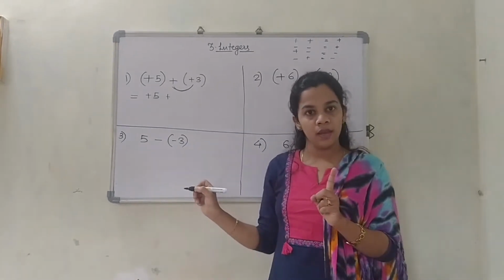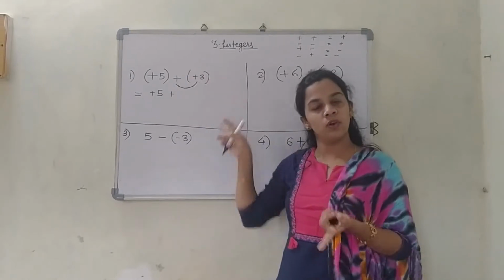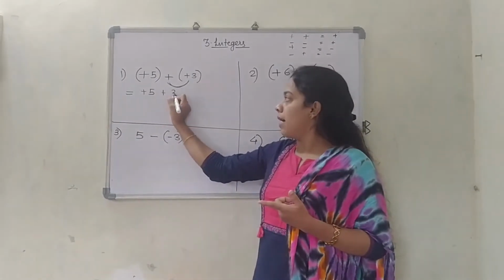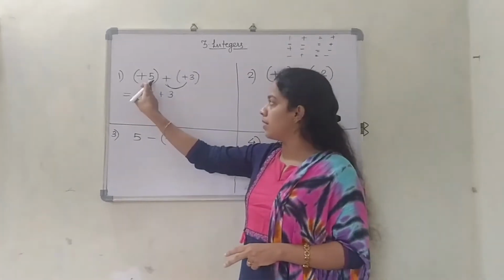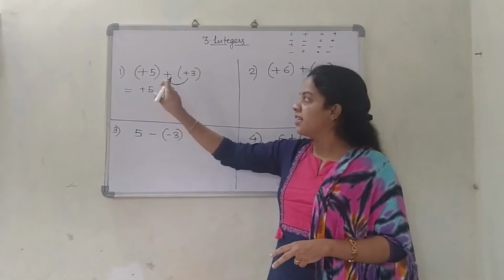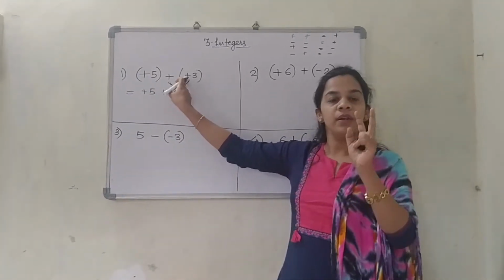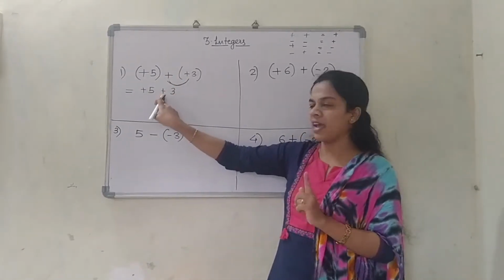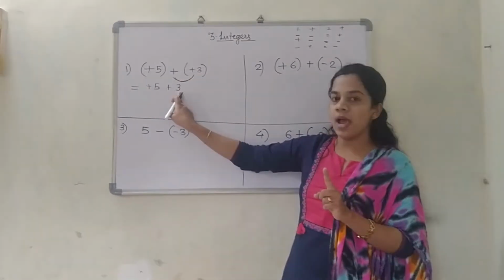Is this okay? What I did, instead of these two plus signs, because plus is always plus, and now the remaining number I wrote down 3 as it is. I have written plus 5 as it is. These two plus signs were present here. Plus is always plus, so instead of these 2 plus, I have written that plus 1 time. And 3 I have written as it is.